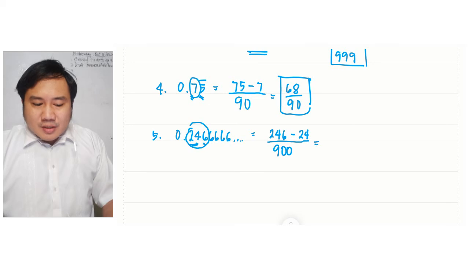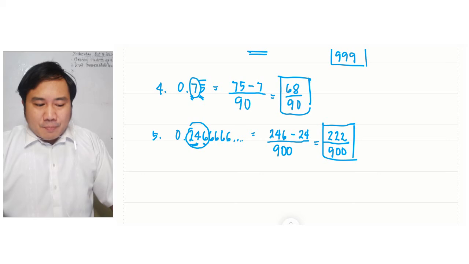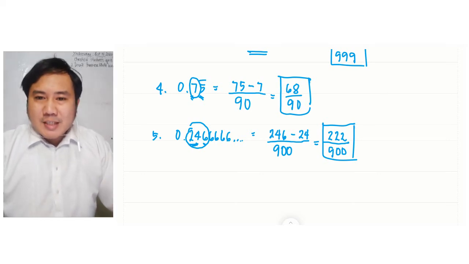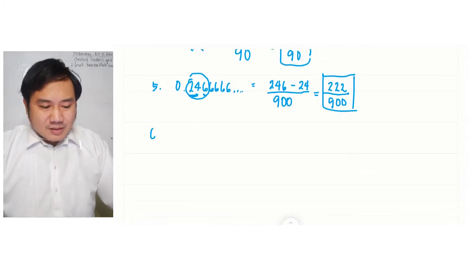So, 246 minus 24 is 222 over 900. So, 0.246666 is equal to 222 over 900 in fraction. Okay? Last,